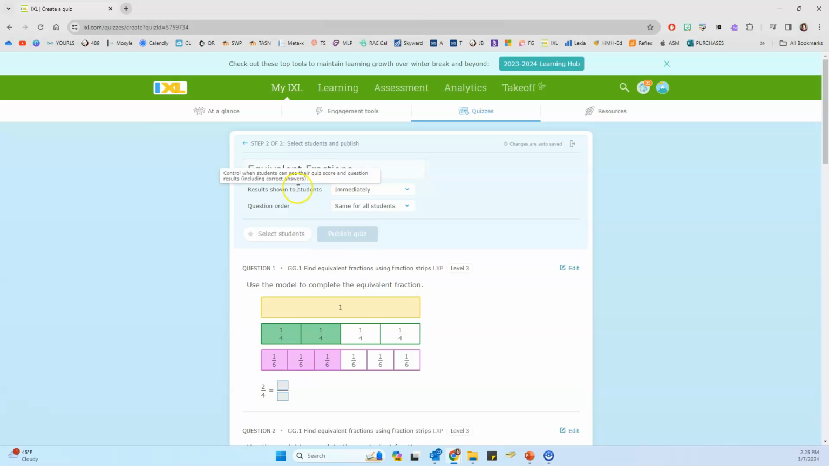and publish, decide when students will see their results, decide on the question order, whether or not it's the same for all students or it's randomized. And then right here, I can select the students, whether it's all my students, or I can pick a particular class that I want to assign this to. And then when everything is how I want it, I can click to publish the quiz and my students will